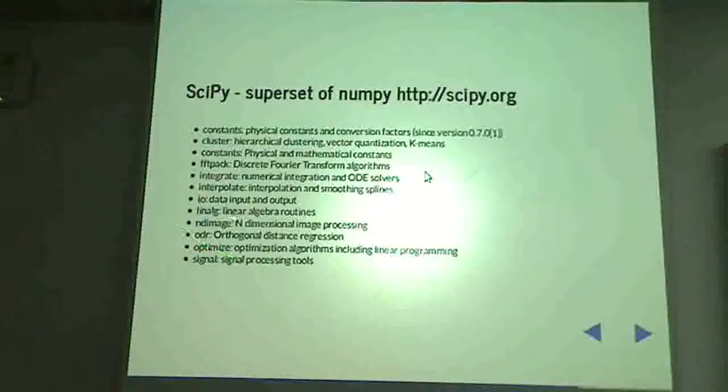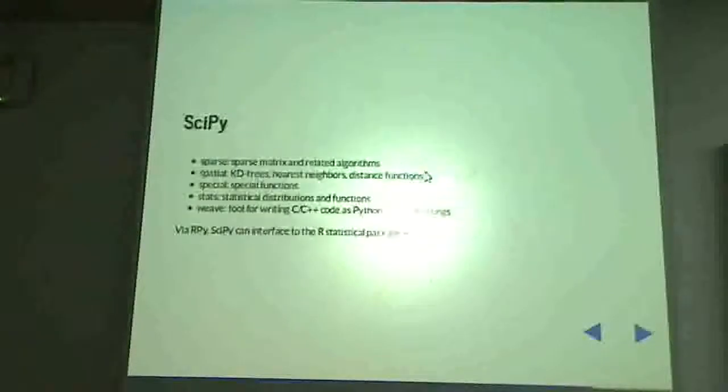Then, just like np.linalg, there is a scipy.linalg, which does lots of linear algebra processing. There is a module for n-dimensional image processing. There is a module for orthogonal distance regression. There is a very nice module for optimizing a function. Okay? And if you want to do signal processing, then there is a module specially built for that. And there is more. Okay?